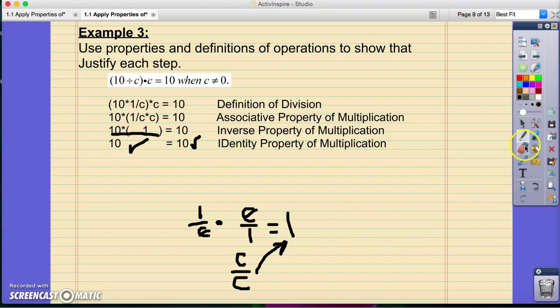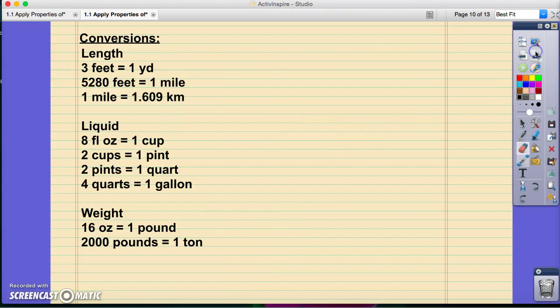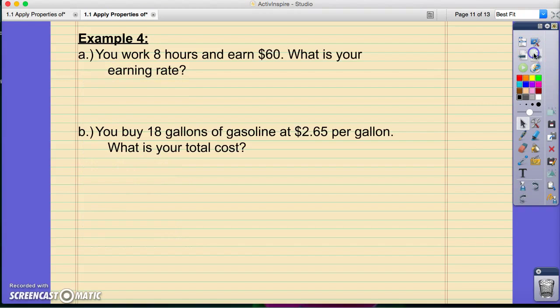All right, so last major part of the lesson is going to deal with conversions. And these conversions, all right, I'm not going to read them out to you. You guys could pause the video and read through them. These are the ones you're going to need to know for a quiz or test. Obviously, there's other conversions as well. But we're going to go with these to solve some problems, all right? Now, some of these are just basic rate of change kinds of problems, so we don't really need conversions yet,